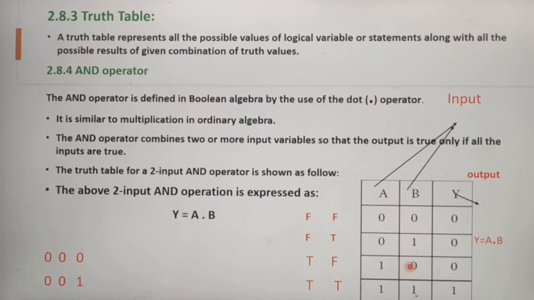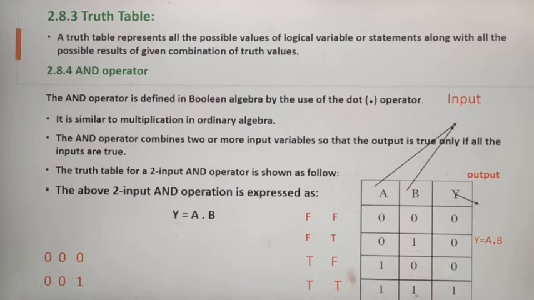In 2 input AND gate we have 2 square, 2 square is equal to 4 possible input values. First we have considered both as false. False means 0, true means 1. Here false, false, so given as 0, 0. Next, second possibility, first one considered as false, second input considered as true. In the third possibility, first input considered as true, second input considered as false. In the fourth possibility, both inputs considered as true, true. So we are given as 1, 1. Here false, false, then false, true, then true, false, then true, true.